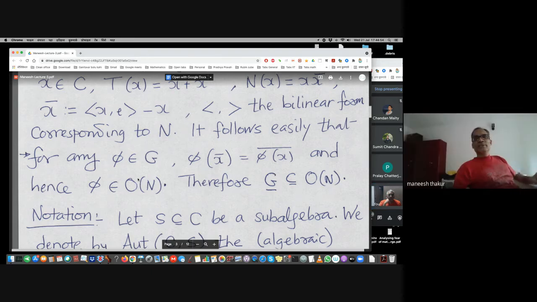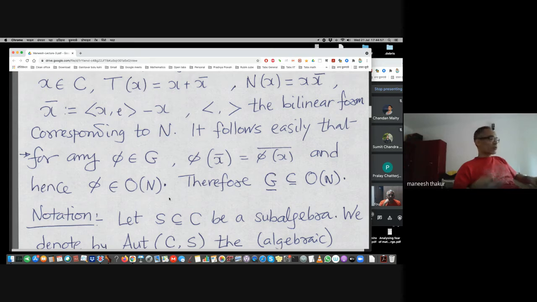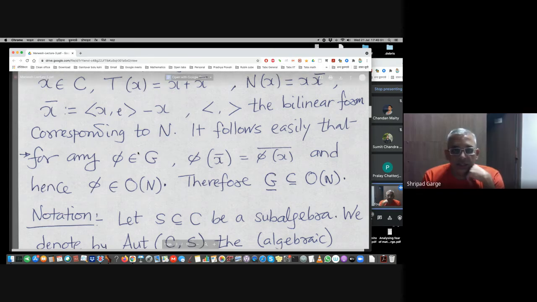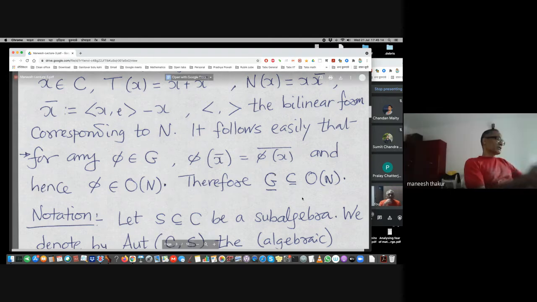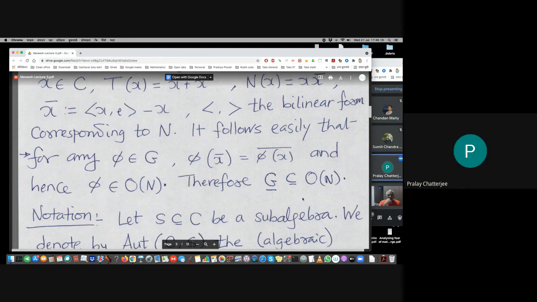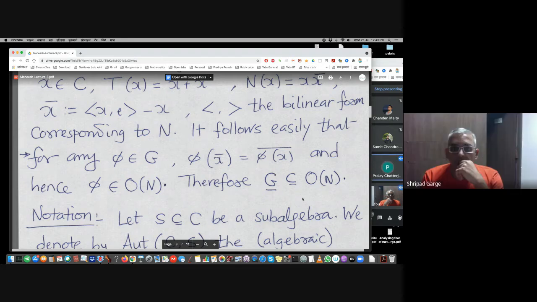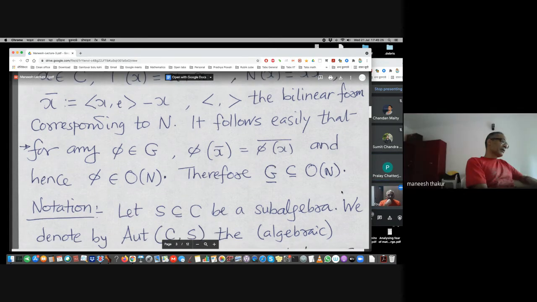No, but Pralay, this is a direct checking. I'm just working it out. I'll give you a proof of this. This statement itself, instead of this G, can be replaced by G lower bar. So here you prove for every extension, the L points sit in L points. That will do the proof, right? Yes. So it's enough to prove for K, therefore. Meaning any field and corresponding algebra. Correct.